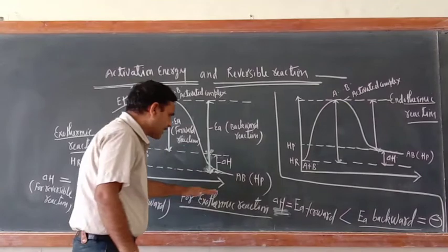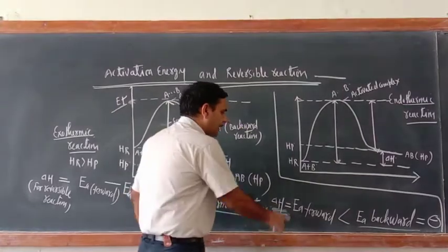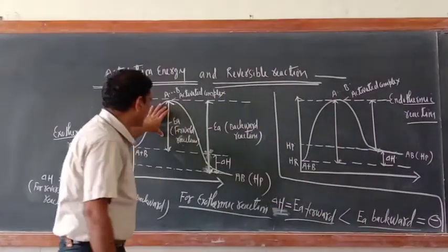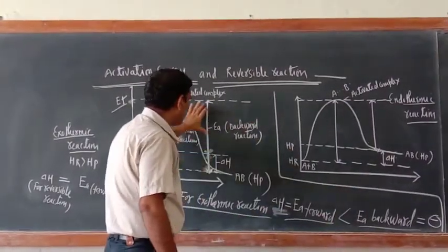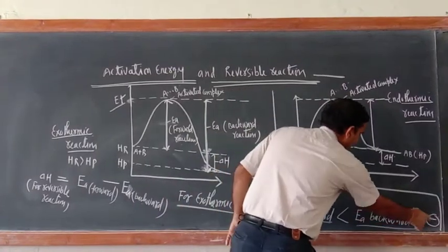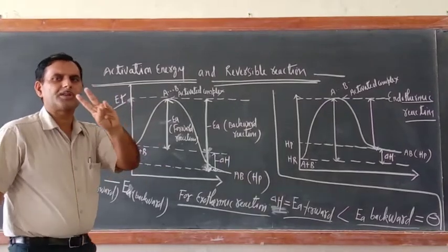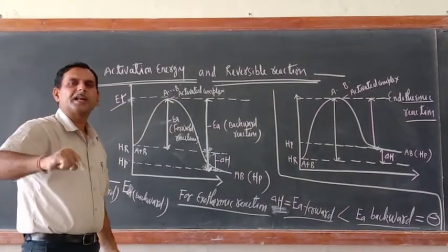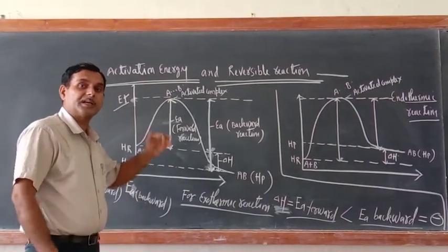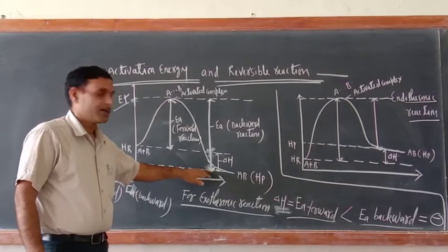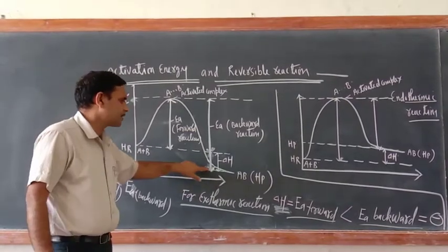reaction. So what we can conclude here, for an exothermic reaction, delta H equals EA forward minus EA backward. The activation energy for the forward direction reaction is smaller than that required for the backward direction reaction. Hence the overall delta H value is negative. You can see in the graph. Just remember one thing: for the forward direction reaction, energy is required from the reactant side. For the backward direction reaction, activation energy is required from the product side. So this is the already written EA backward. This is the product energy line.